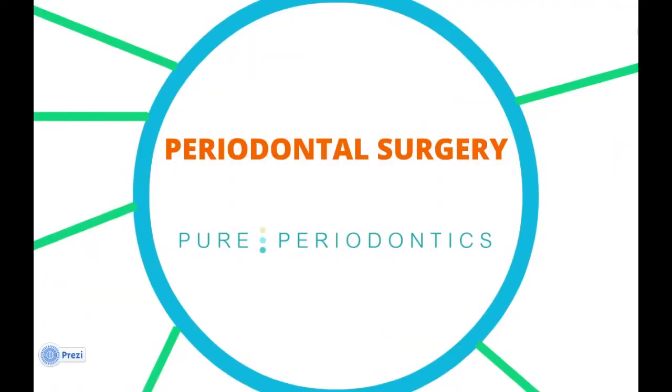This presentation is on periodontal surgery. There are no absolute guidelines in deciding which cases should be treated surgically. In making the decision, the clinician needs to consider the likely reasons for persistence of pocketing, the appropriate remedies, the potential advantages of surgical treatment, the likely outcomes, as well as the patient's wishes and best interests.